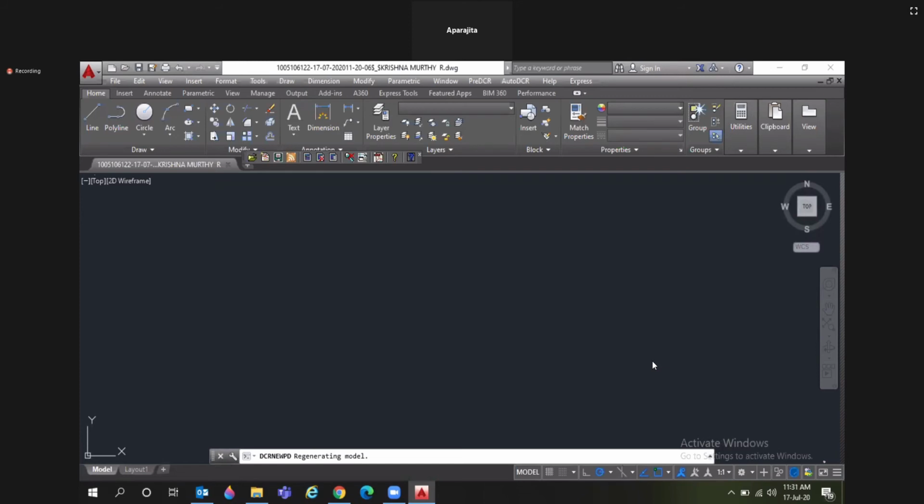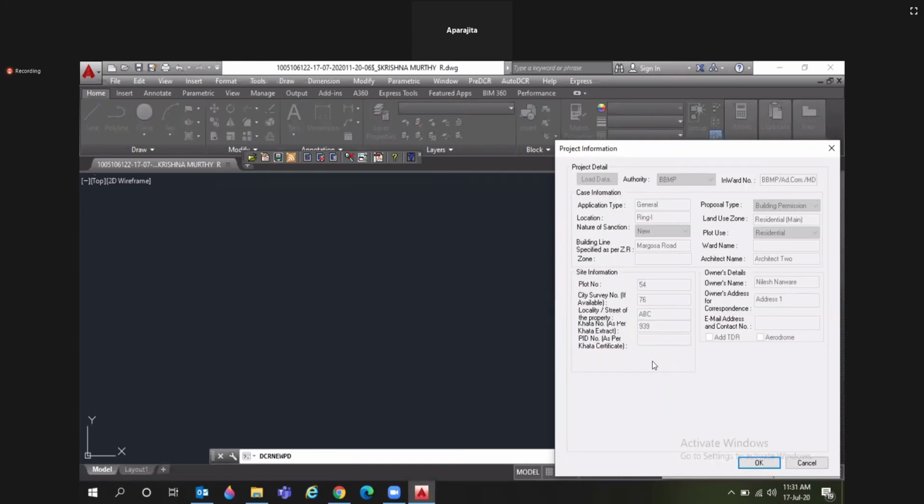Okay, so AutoCAD open, then to run the drawing, click on OK.